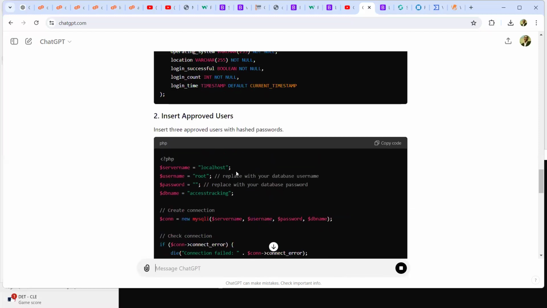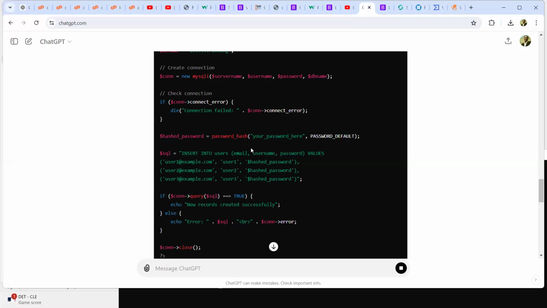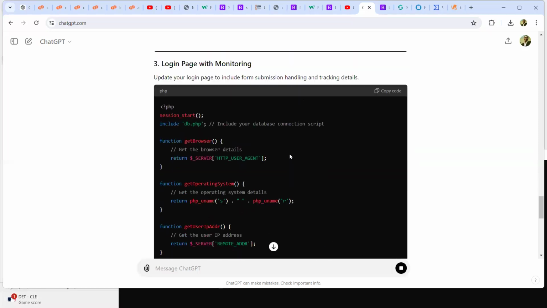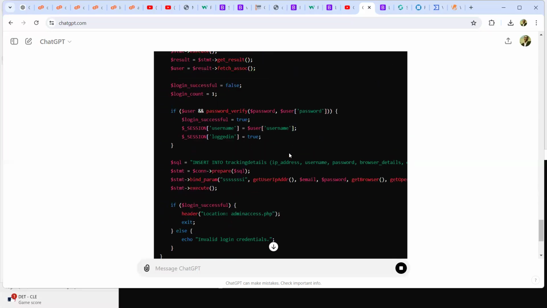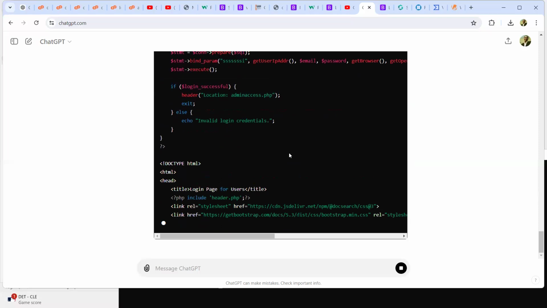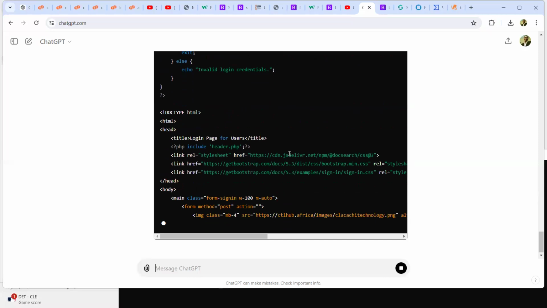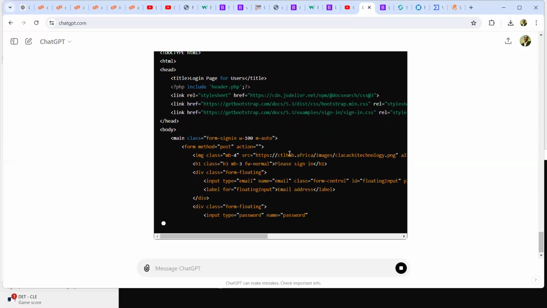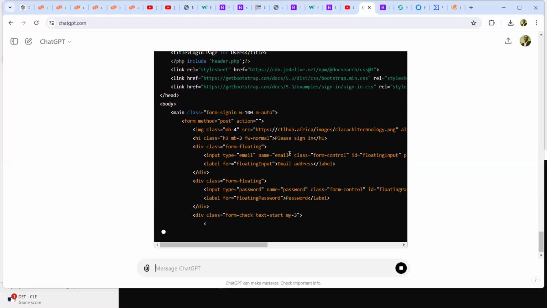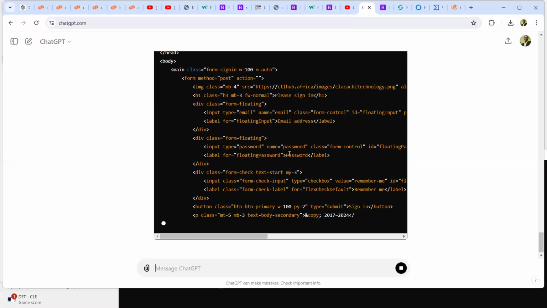Then it's going to now create a page where it's going to have me insert the approved users. That's only the admins. Then it's going to have this page that is going to be for monitoring. So this page is going to fetch all those details we talked about. So the guy is still generating. So it's refactoring everything into my own page that I already created. I think we'll just go for a 5 minutes break.